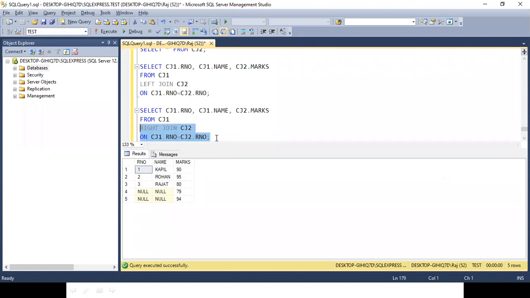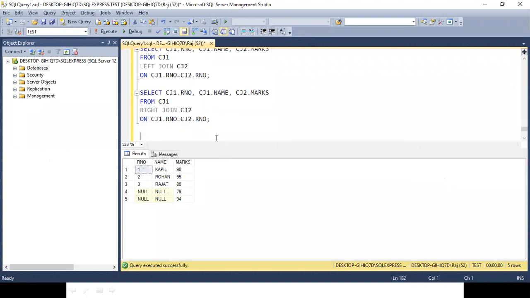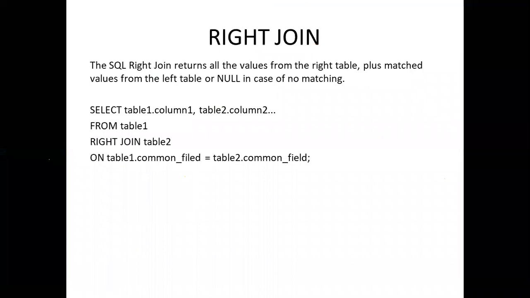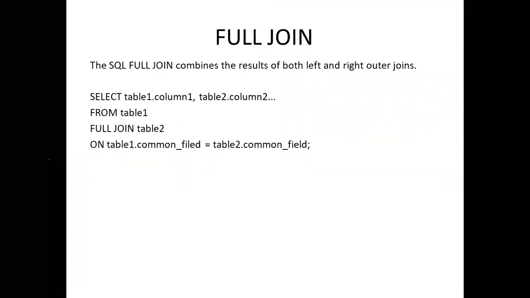And then we have the full join. Full join, as the name suggests, gives all the records from both tables. All the records from CJ1 and all the records from CJ2. Clear? So, left join, right join, full join.